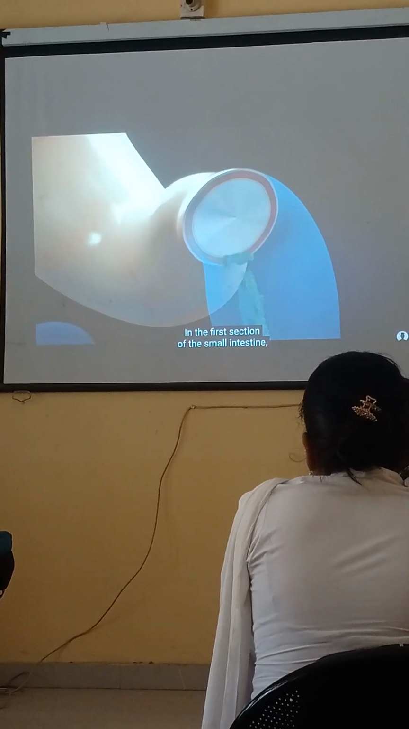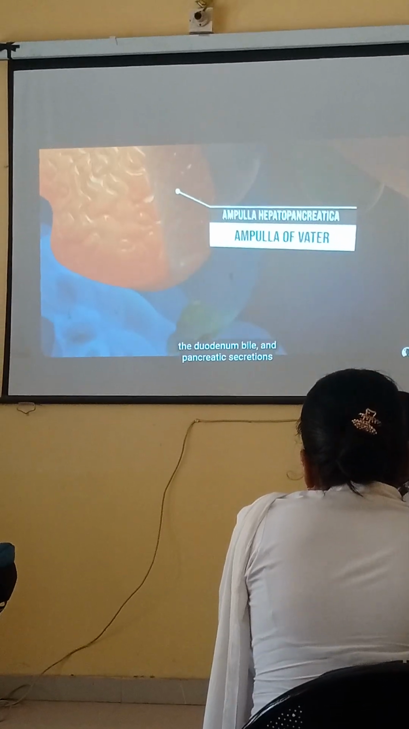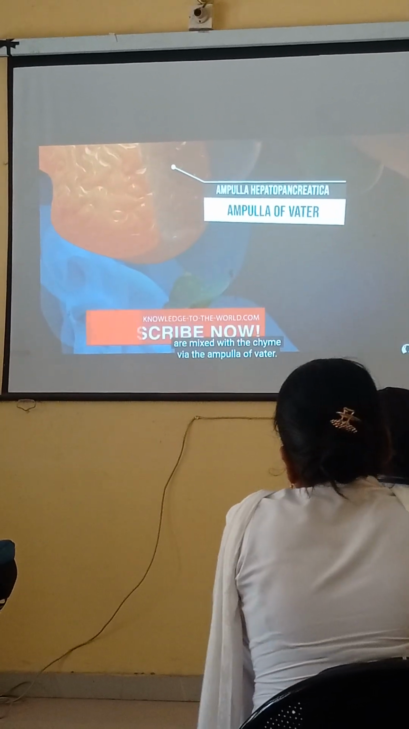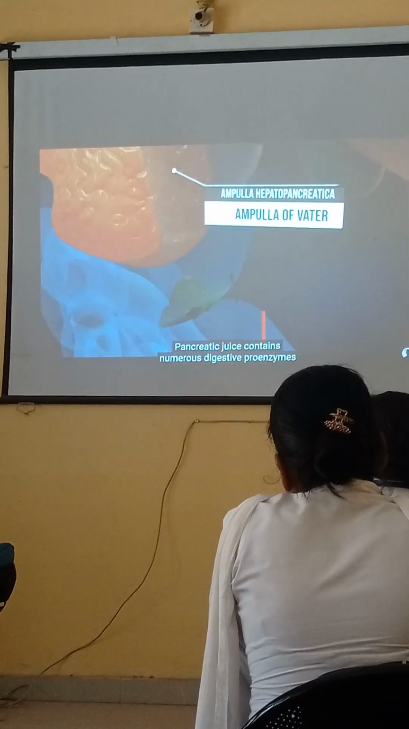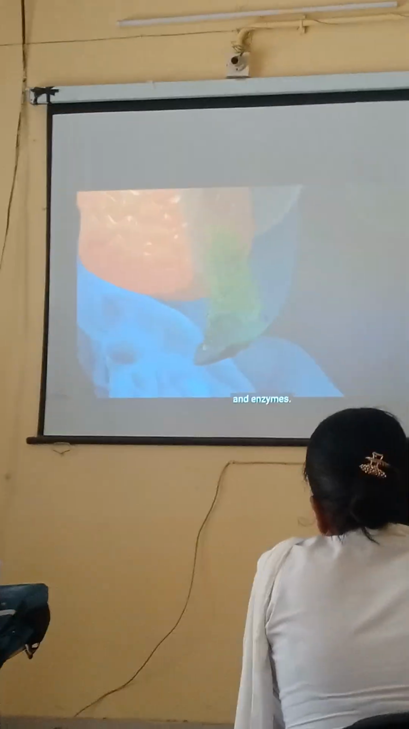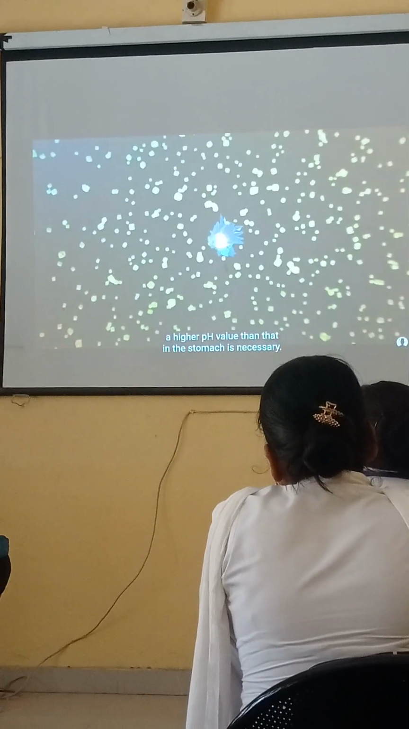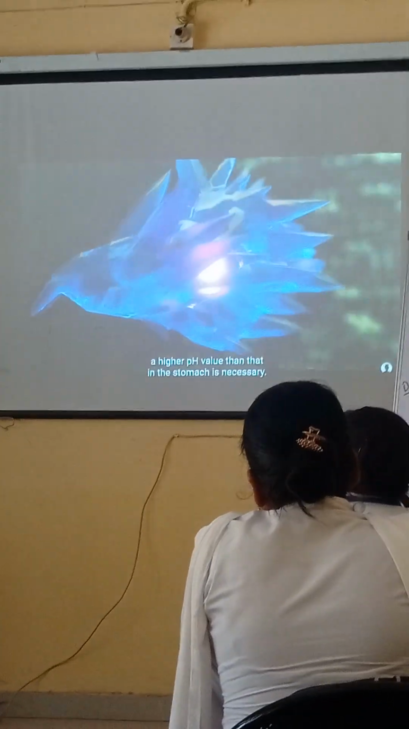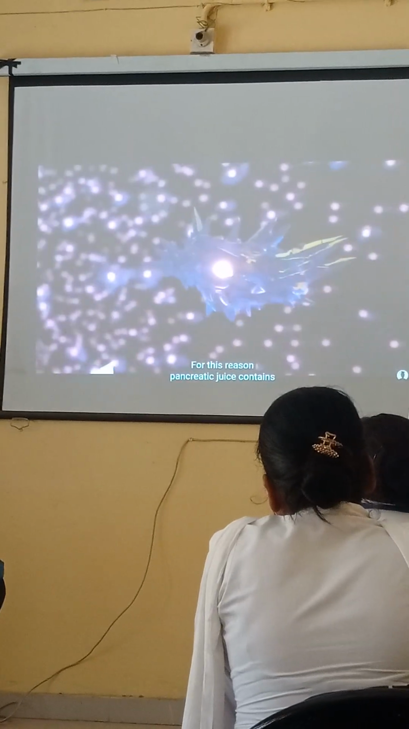In the first section of the small intestine, the duodenum, bile and pancreatic secretions are mixed with the chyme via the ampulla of Vater. Pancreatic juice contains numerous digestive proenzymes and enzymes. In order for these to do their job, a higher pH value than that of the stomach is necessary. For this reason, pancreatic juice contains sodium hydroxide